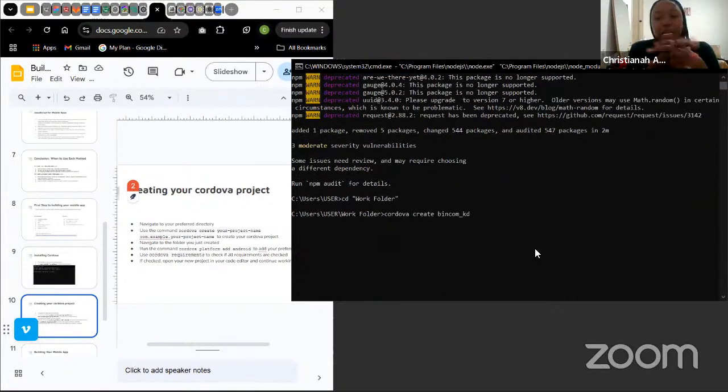It is creating. Then after this is created, you navigate into the folder you've created. Then you run the command to add platform, so your platform could either be iOS or Android. It takes so long. So you run the command to add the platform you want to use. Then you will go and open that project that you just created in probably Visual Studio. Then you edit and do the work that you want to do. Then after that,